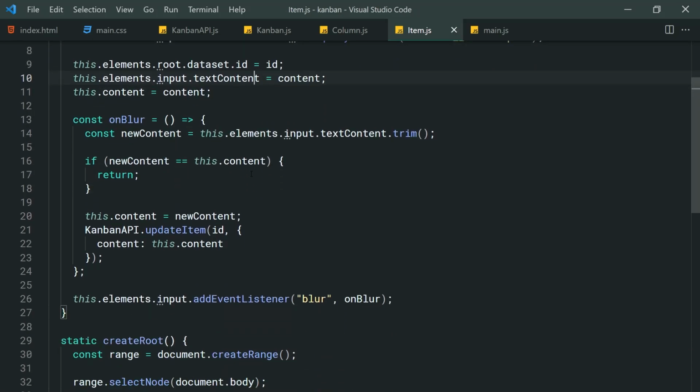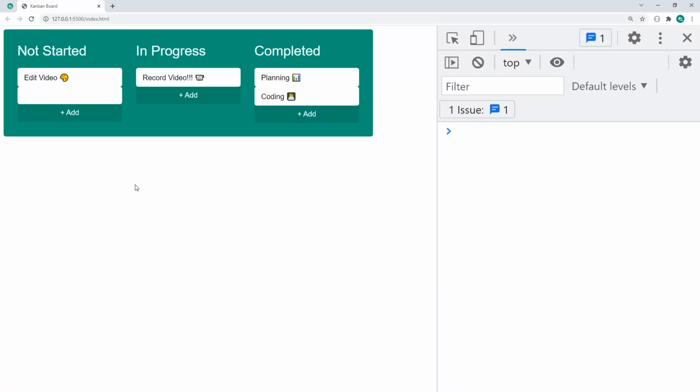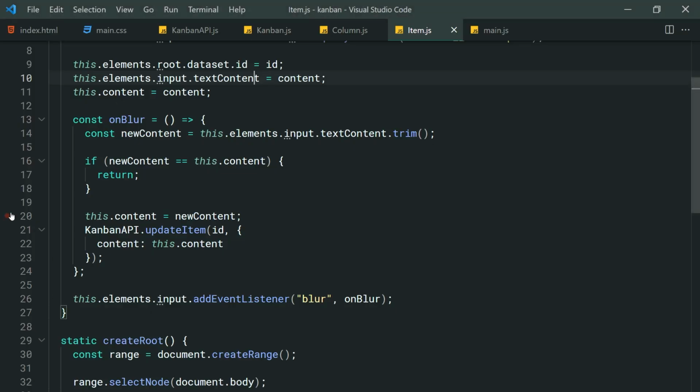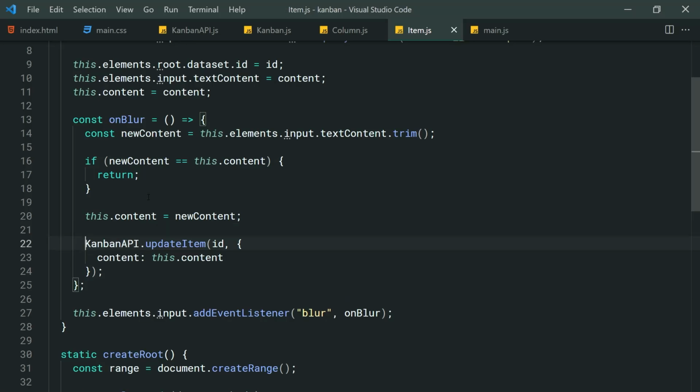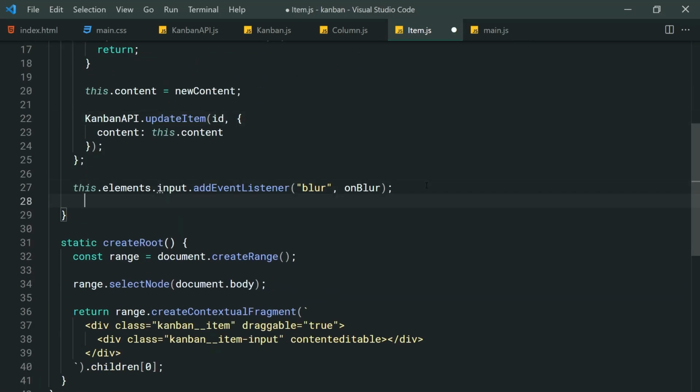So now if I save this right here and go back in the browser, let's make this edit 2 videos, blur out. It is now saved. If I refresh, we can see it persists and it stays there. So that is our onBlur and the actual item updating complete. All right. The next step is going to be to get the deletes working when I want to delete an item. So for this, if I drop right down here under the blur, we'll say